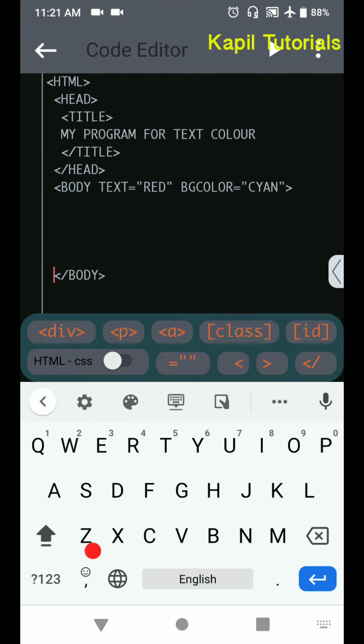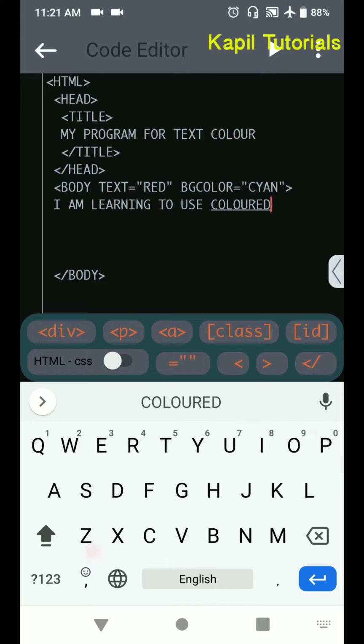So I'll take this body tag down, and here I can write, suppose, I am learning to use color. Whenever I write after the body tag, whatever I want, whether the spelling is wrong or right, the same will come on your screen.